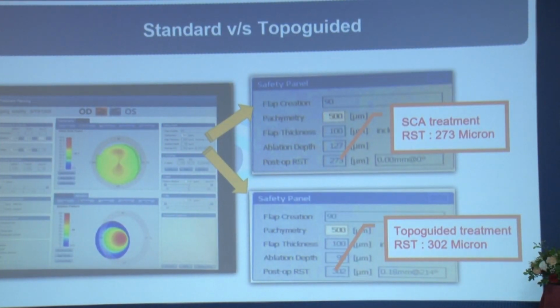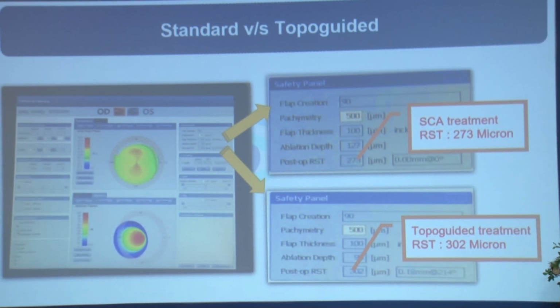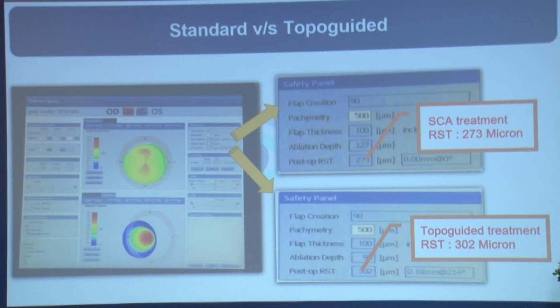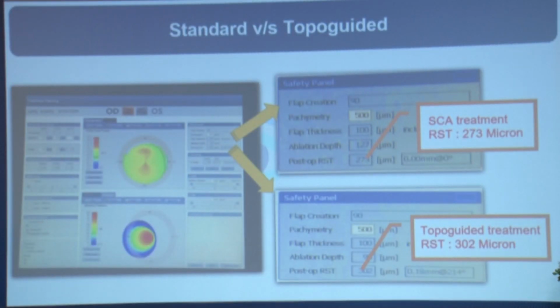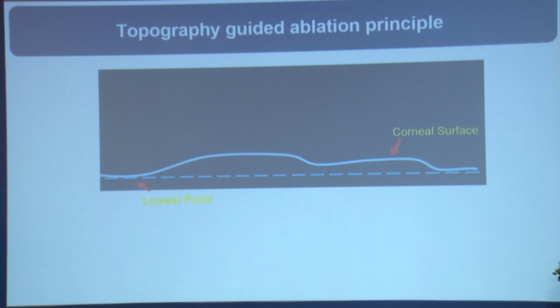You can see the treatment planning on the CRS master between standard versus topo-guided. See the residual stromal thickness after standard treatment is 273 microns, and after topo-guided treatment the residual stromal thickness is 302 microns. The patient who looked impossible for LASIK surgery, we can go ahead with LASIK surgery in this patient. So the ablation principle is that the ablation starts from the highest point of the irregularity in topo-guided